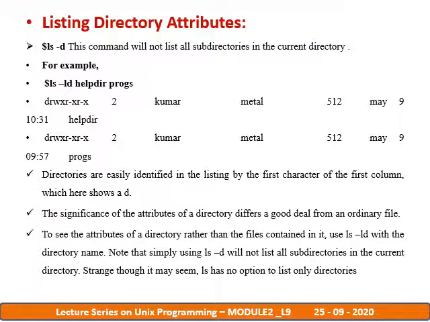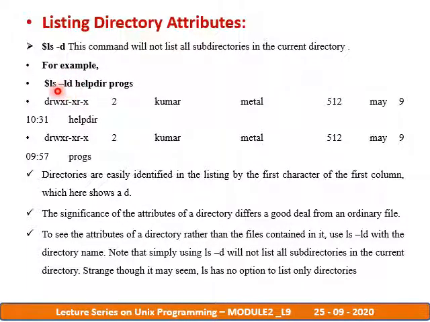So next is the listing of directories or directory attributes, same as that of the file attributes, but while executing the ls command, it only lists the directories. So for that we use an option with the ls command, ls minus d, which is going to list all the directories, not any of the subdirectories in them, but only the directories in the current working directory. Say for example ls minus ld means listing of all the details of only the directory files.